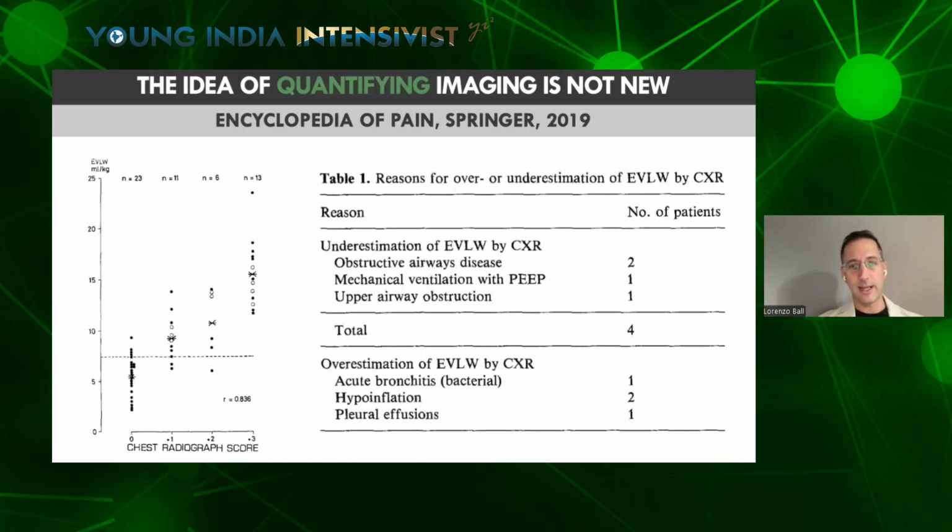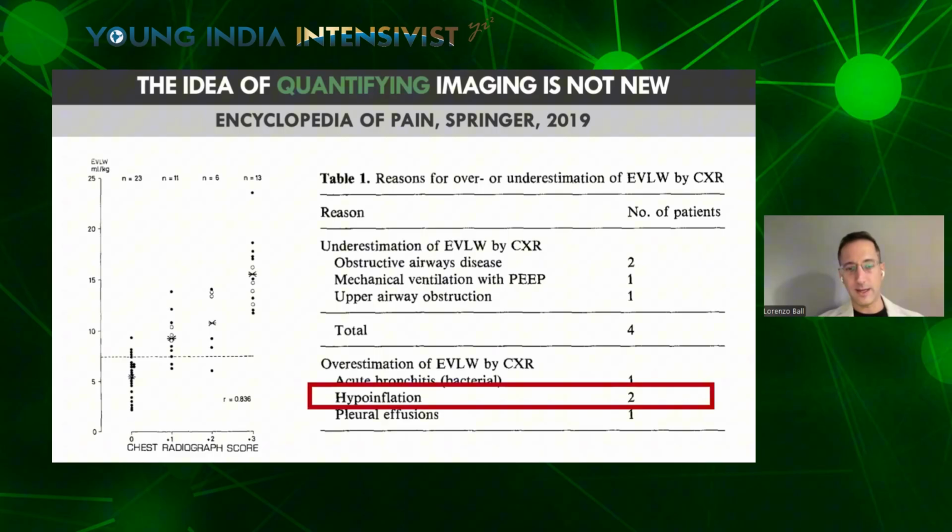What they saw in that study, apart from the nice correlation between extravascular lung water and the simple evaluation of chest X-ray, which is a very cheap technique that we still use nowadays, regardless of what we think about novel techniques, is that chest X-ray is still there. But we see in this very early report of attempting to quantify imaging that imaging and lung function are strictly correlated, because one of the factors increasing the chest radiographic score, of course, was hypoinflation. So atelectasis makes the lung more white and the score goes up.